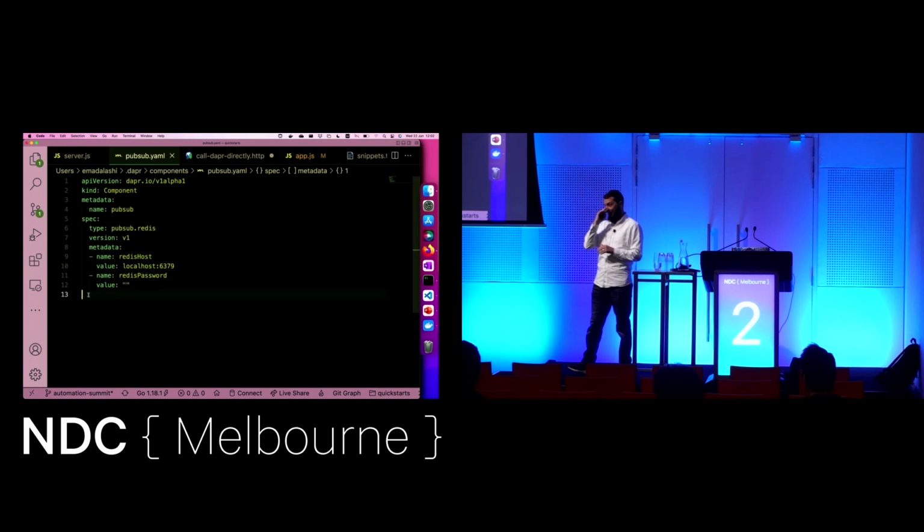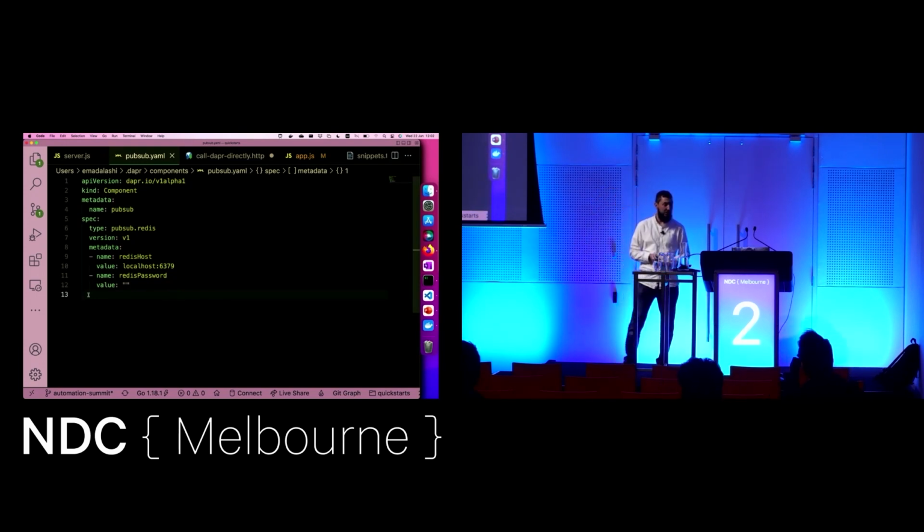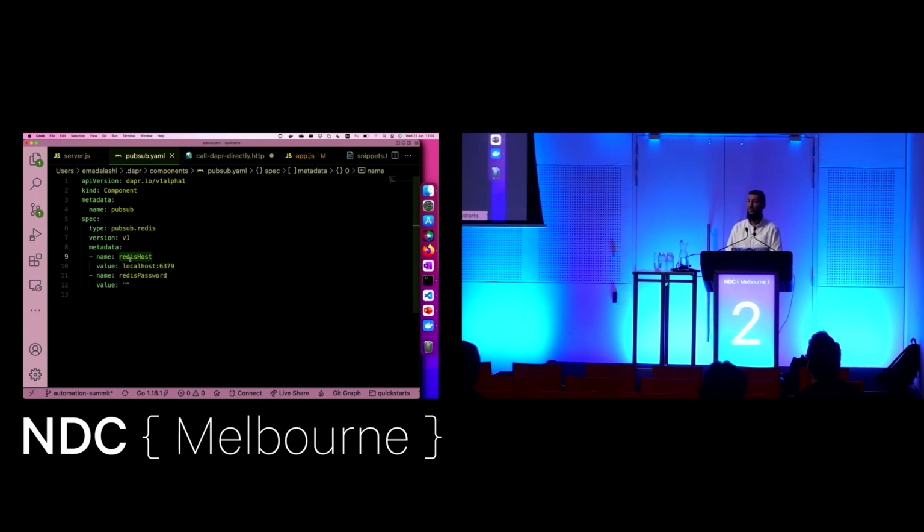However, to make your life easier, the developers of Dapr just assume that you're going to have all your configurations in the .dapr folder. You can look at the details of the file as well, and you'll see that we have the name of the host of the Redis message broker, and also the Redis password. This is to allow Dapr to connect to Redis. Now let's go back and check the